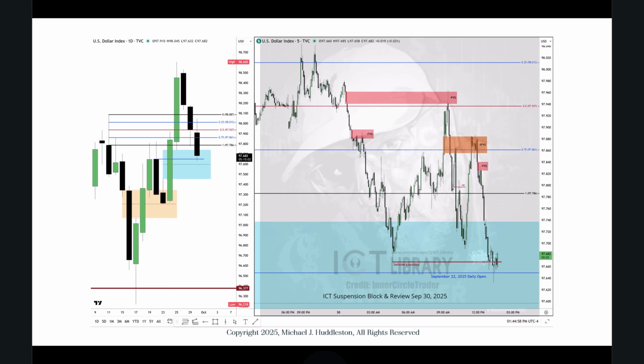All right, so dollar index, we have the daily chart on the left-hand side, and we have this open on this down close candle. That's a bullish order block. That blue line right there is this candlestick's opening price. So the dollar index traded lower into this old buy side imbalance sell side inefficiency that's shaded in blue and hit that old order block level there. So right in here,